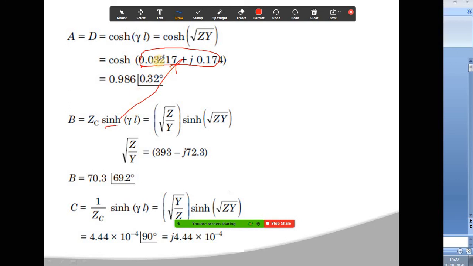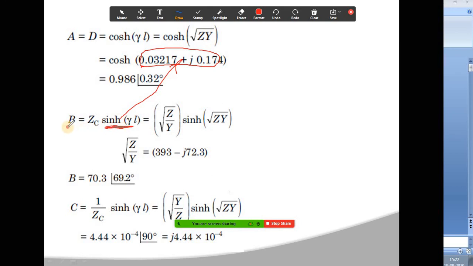Okay, it will be like sinh of a plus b. Again you use sinh of a plus b is equal to sinh of a cosh of b plus cosh of a sinh of b. Again there also you will get cosh of one complex number and sinh of a complex number. Again you use the same methods. Sinh of j theta can be written as j sin theta, cosh of j theta can be written as cos theta. By using those two formulas you can determine this cosh, sinh gamma l also.